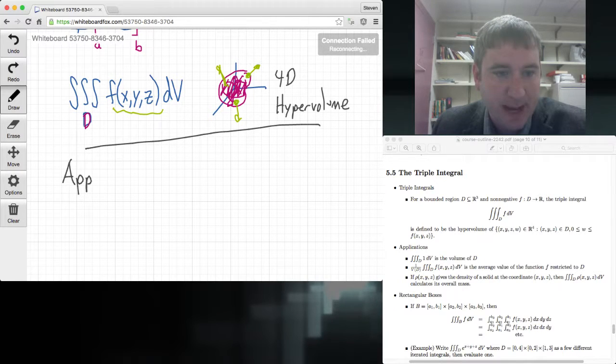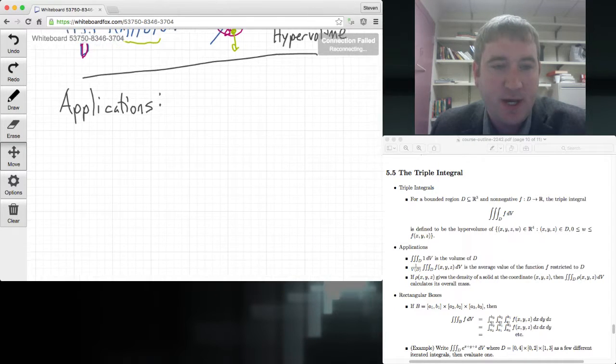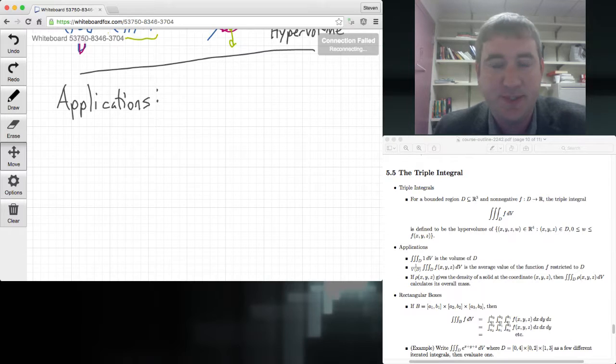I'm going to give us some applications for the triple integral. First things first, I'm going to give you two applications that we're familiar with, because they're the same applications I gave you for the double integral, just now they work for the triple integral. So remember how the double integral